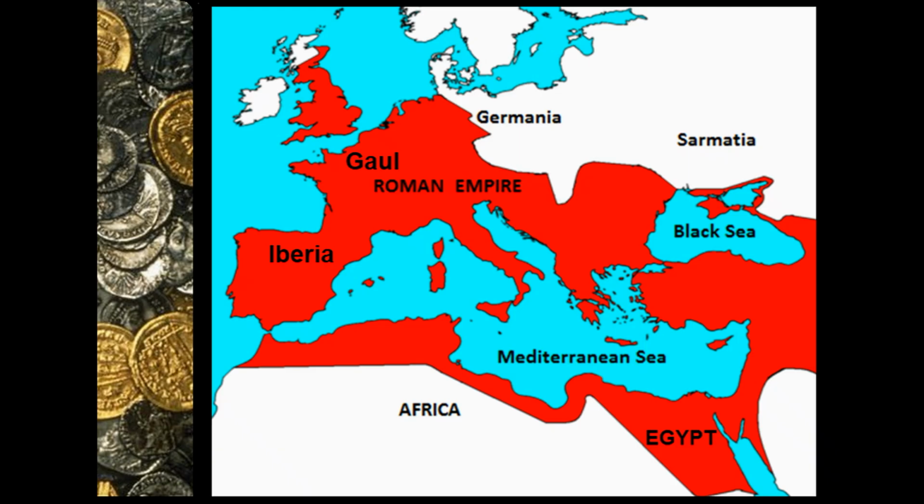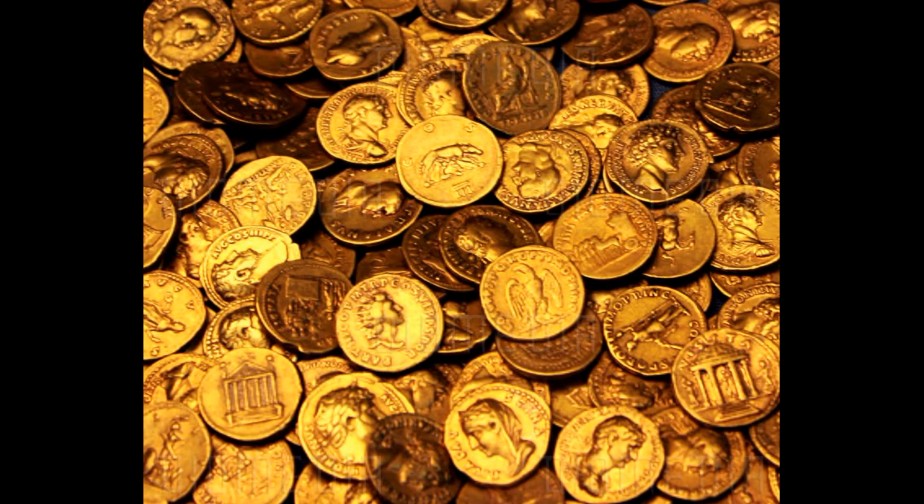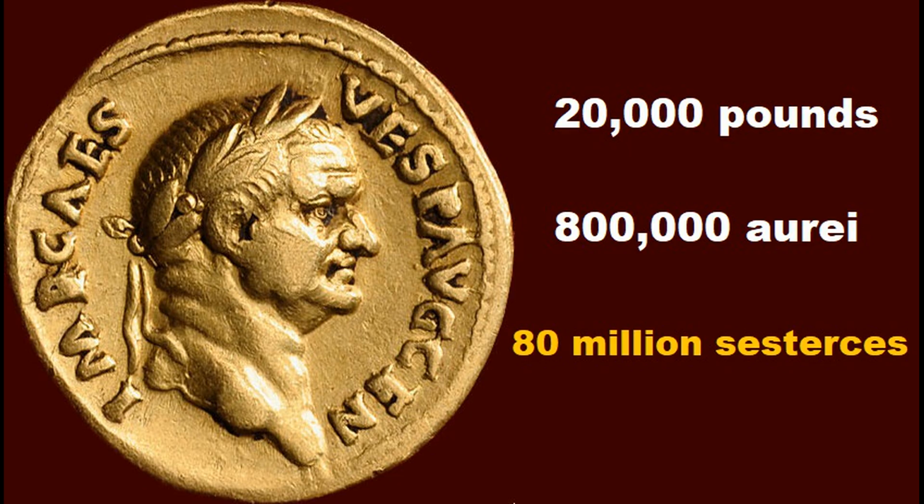There were gold mines in Gaul, Pannonia, and the eastern desert of Egypt, but the main bullion sources for the Roman regime were in the Iberian Peninsula, modern Spain and Portugal. Pliny the Elder served as procurator, governor, in Hispania Tarraconensis, so he had good knowledge of bullion production in Iberia. He reports that Iberia produced up to 20,000 pounds of gold a year, which is equivalent to 800,000 Aurei, or